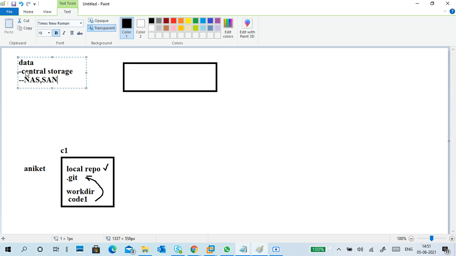Those are the two main central storages. NAS means shared file type. SAN means block storage, iSCSI type. Either you can convert iSCSI into SAN and NAS, or use iSCSI directly. These are central storage, mainly NAS and SAN. So you store the data.